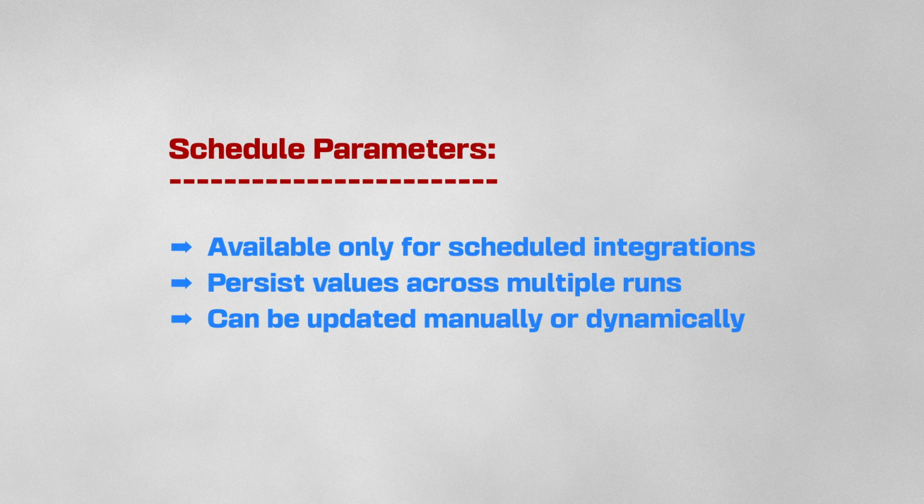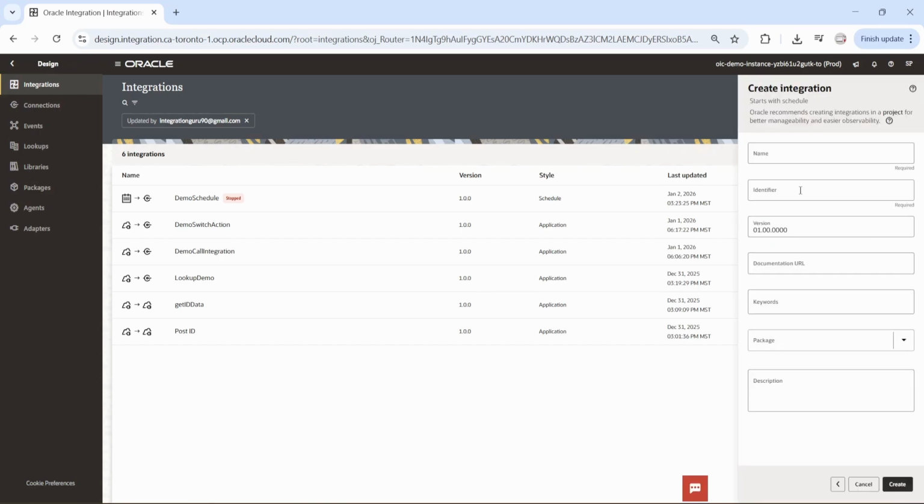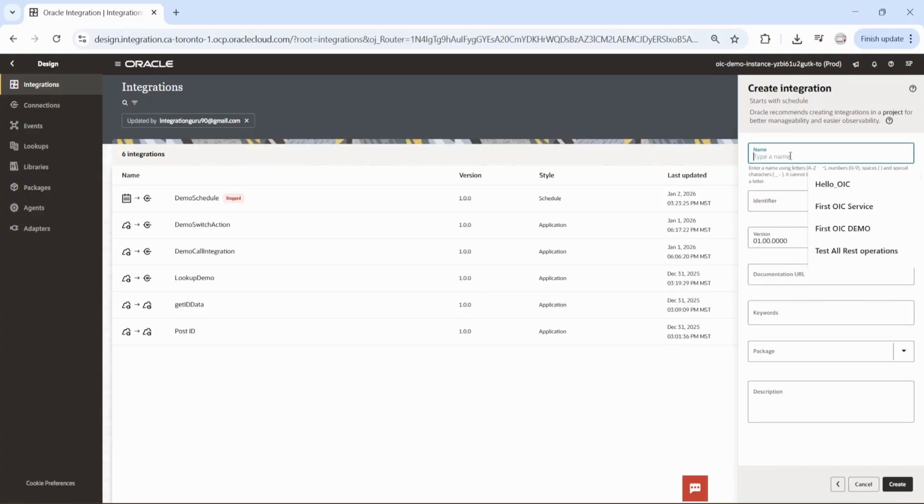So without any further delay, let me show you how these three work in OIC and how to create them. Once you are in your OIC console under design and integration, let's create a simple schedule based integration. Let's call it demo variables, integration properties, and schedule parameters. I'm just going to click on create,